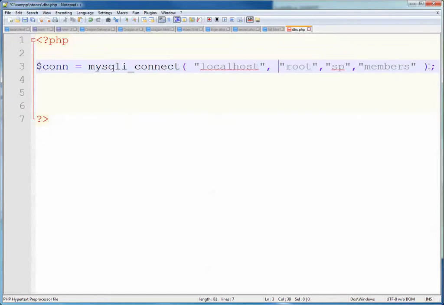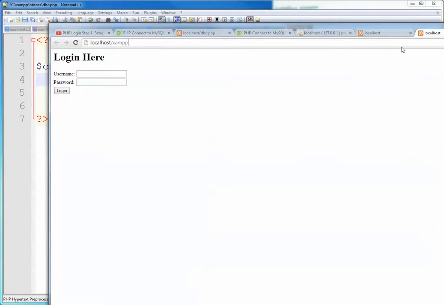and try to get it all in one line. So that one line allows us to connect to our server. Okay, so to change the password, I'm going to type into my browser localhost.xampp,